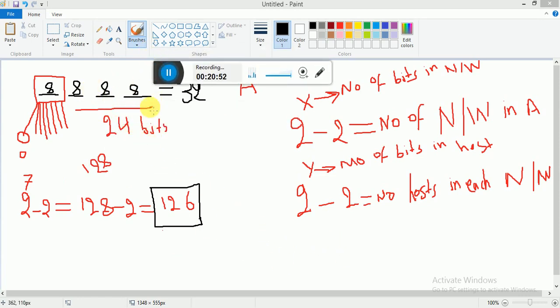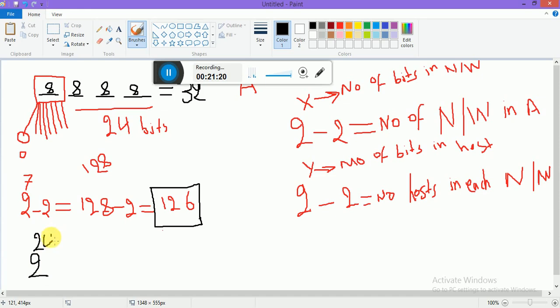So how many hosts per network? That means in each network, per network. Now how many bits are left? Approximately 24 bits remain. Okay, so now I would like to use this formula. Now see, 2 raised to power 24, minus 2 is equal to, I think, it becomes